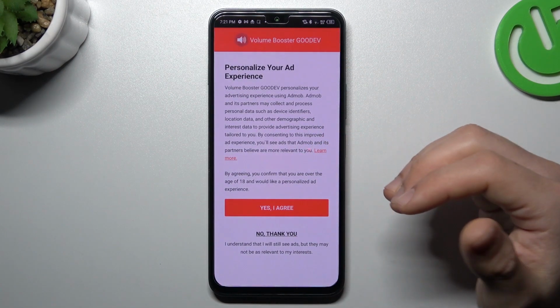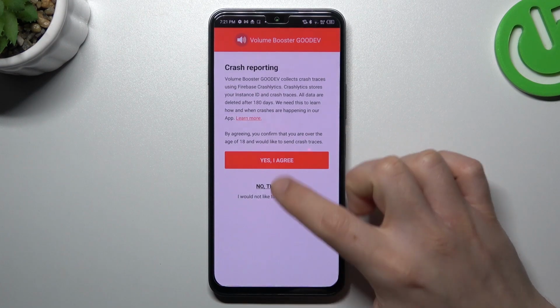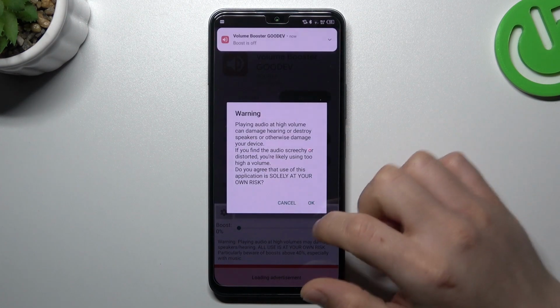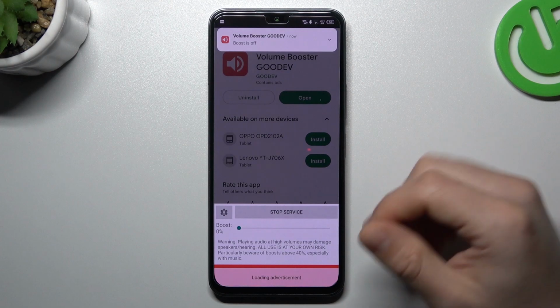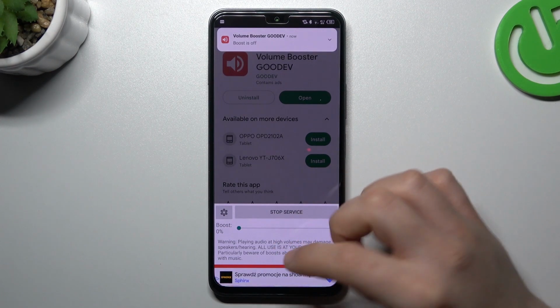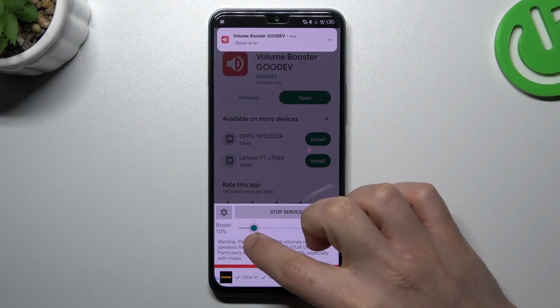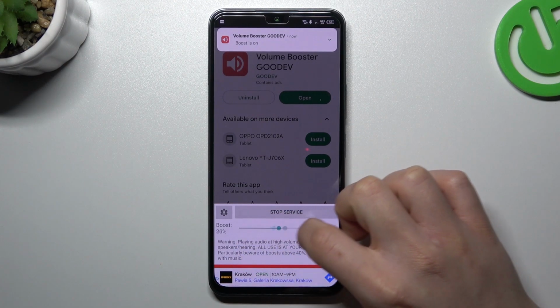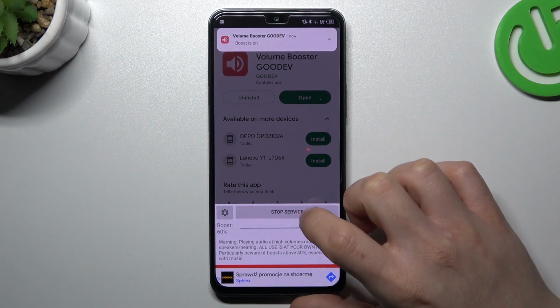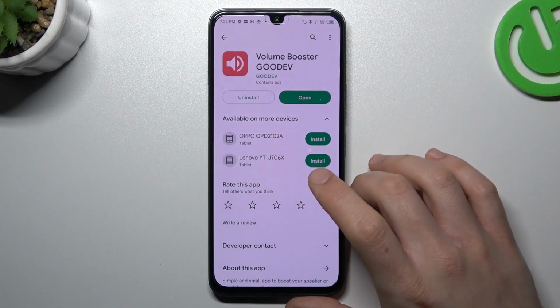Now decide that you want to click yes, agree or no thank you 3 times and close this window. Now tap on the OK and the tool is active. If you want to boost your volume power, just use that little slider for it. You can increase and decrease it by swiping it. How you can see that 60% is max,